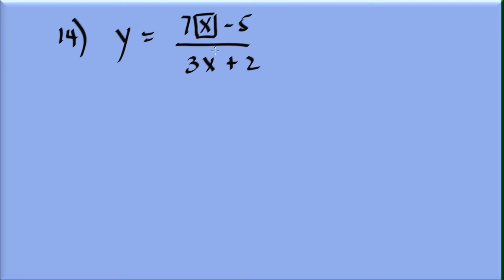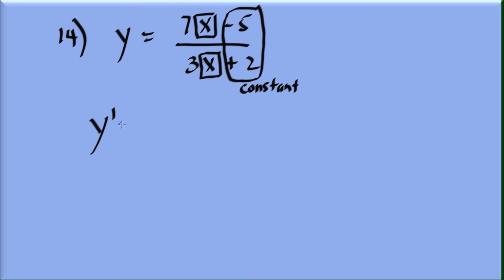Let's say you have 7x minus 5 over 3x plus 2. Let's check. This is our function right here. You can see that the function x is the same function you see at the bottom. We have the same letters, top and bottom, followed by constants negative 5 and 2. So this is our constant part. That means we can use the shortcut. So our y prime, without the use of the quotient rule, is